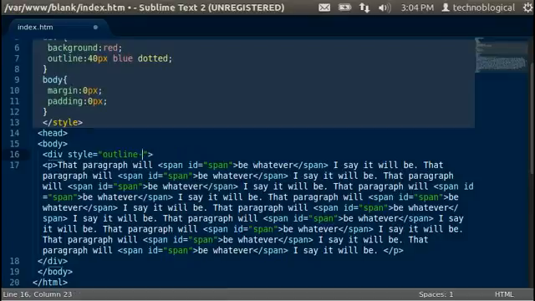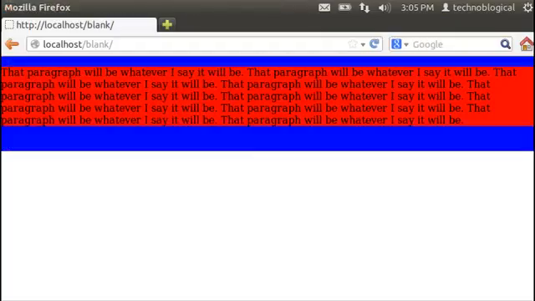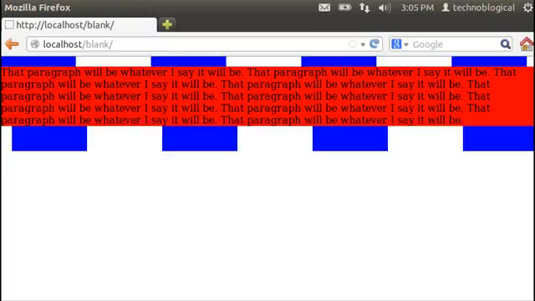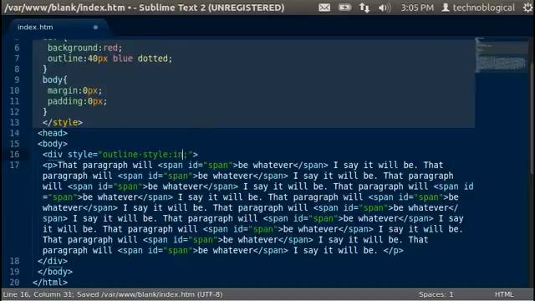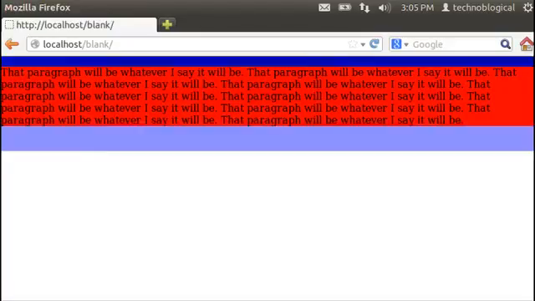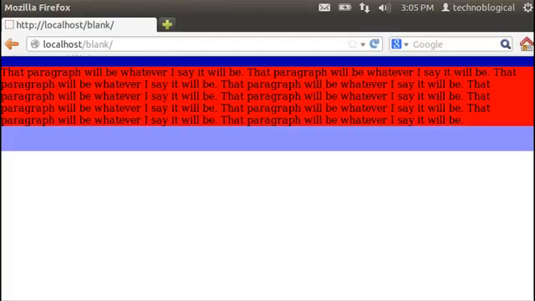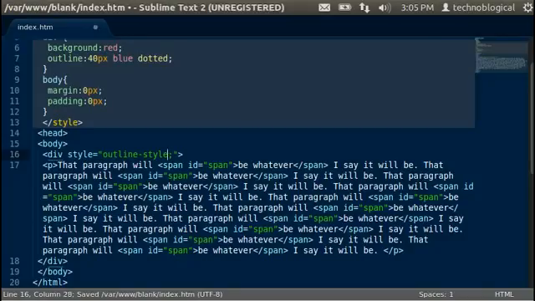And there's an outline-style of, let's say, solid, semicolon, not dolid. Man, I cannot type to save my life today. There we go, refresh. And a solid outline. There's actually several different shapes that you can do. You can do solid, you can do dotted, you can do dashed, refresh. You can do inset, one of the 3Ds, outset, another one of the 3Ds, groove,